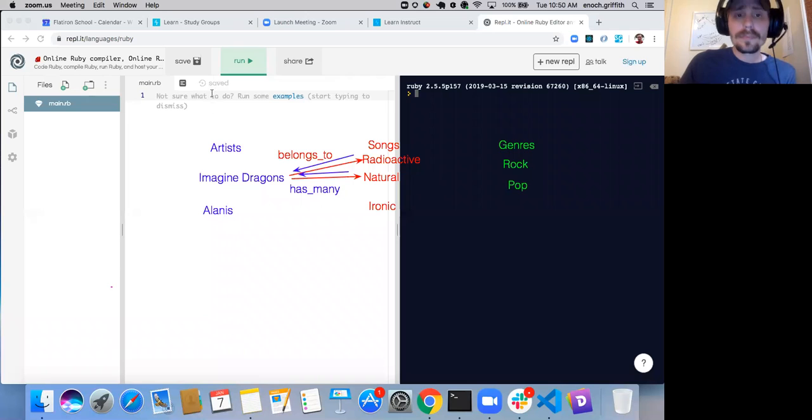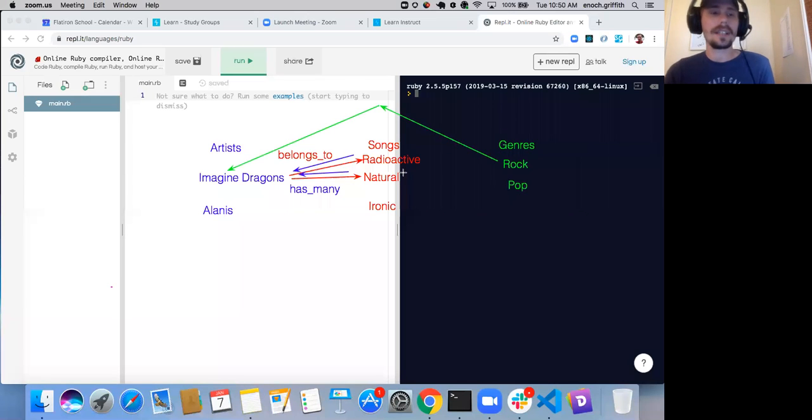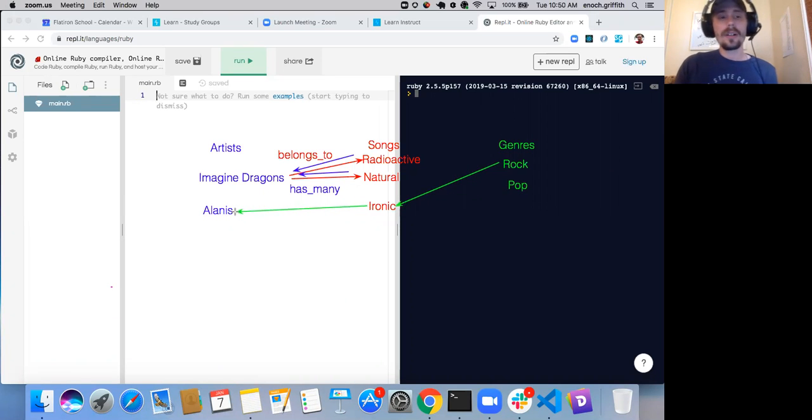Okay, so we can start connecting the dots here as well, right? Now, the thing is we can't say, okay, well, rock can skip going through songs in order to get to Imagine Dragons, right? We can't do that. There's no code that we have written that says rock belongs to Imagine Dragons. There's no relationship right in front of us that's going to connect that dot. But instead, we have